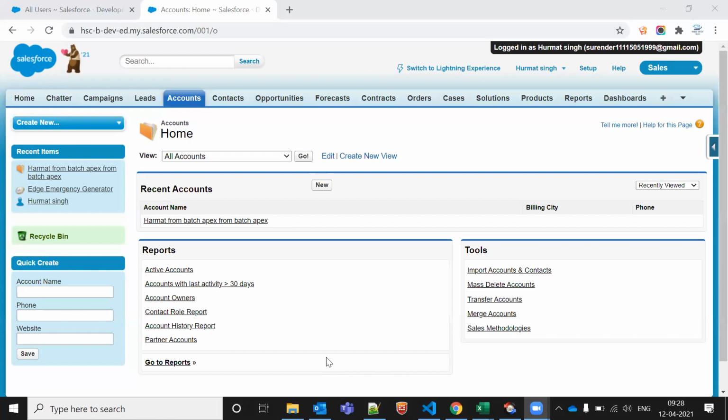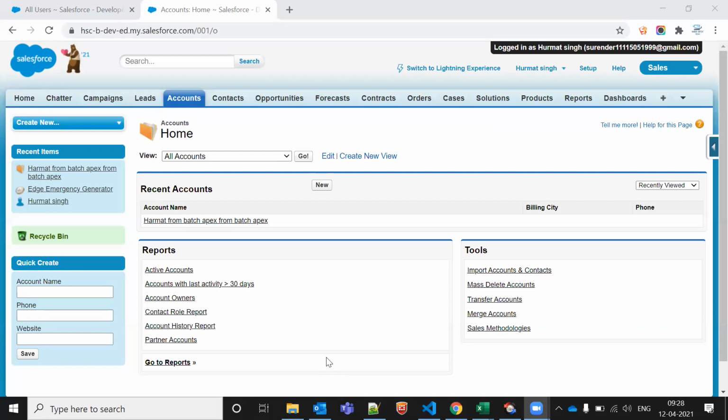Yes. So if I have a lookup relationship between two objects, can I do child to parent in case of workflow? Let's say I have account and opportunity.